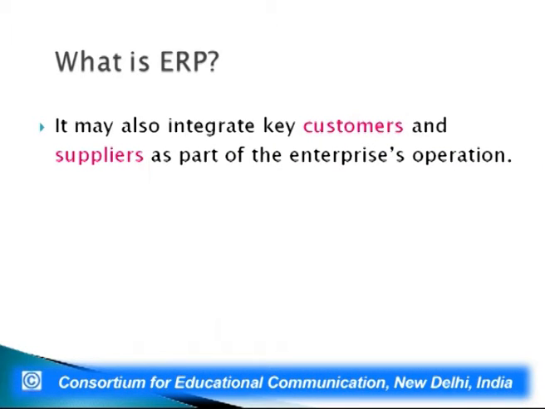Welcome, Sir. Thank you. We are talking about the ERP system in the previous lectures. Let us concentrate more on what ERP is again. ERP is Enterprise Resource Planning. As we have discussed, it may be the integrated key to the customers and suppliers as part of the enterprise operations. An ERP system provides full automation of any organization, industry or any kind of service supplier activities. It can integrate the customers and suppliers as part of its operational activity.